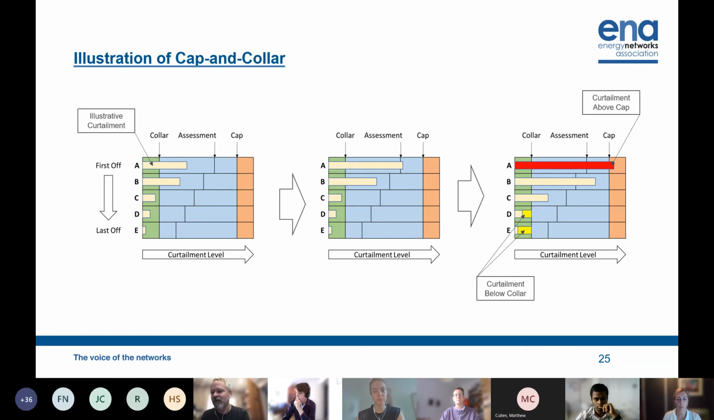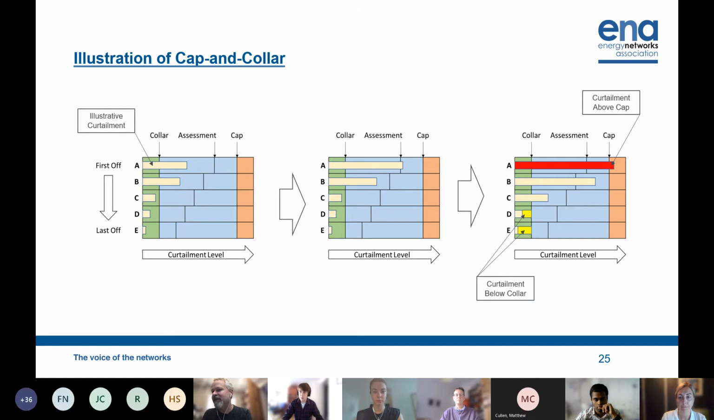So the collar level would have to be, and as with the cap level, there'd have to be some careful thought given as to exactly how these levels were set. But in that illustration there, obviously customer A breaching the cap triggers load-related reinforcement, but it takes time in order to either place flexibility contracts or to carry out asset builds to alleviate the constraint and bring curtailment levels back down again. So to cover that period and to reduce the risk on customer A, the proposal is, as I say, to